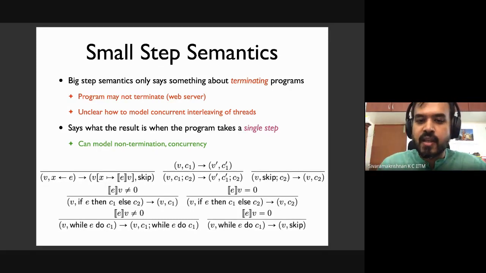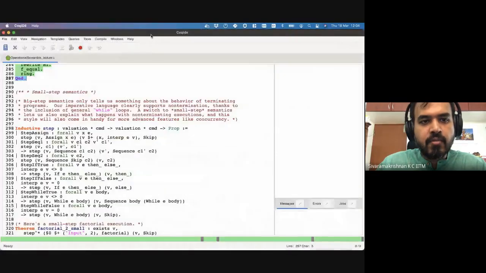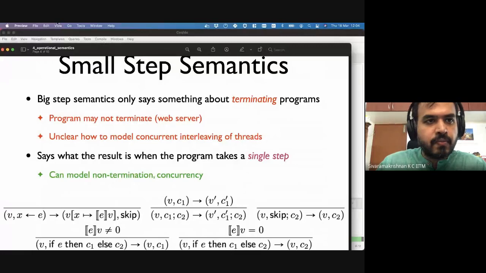Inductive because this is a program. The language that we are describing may not terminate, right? So that's why we will describe it as an inductive type. So here is the inductive type definition that corresponds to